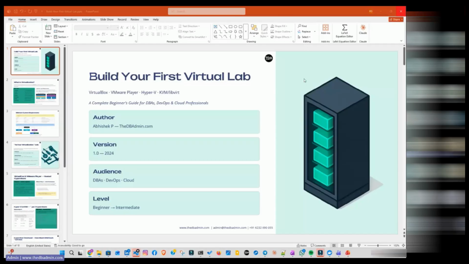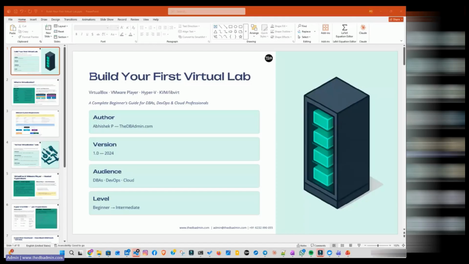concepts or technology we are going to learn about, we will run all those commands in our virtual lab. Virtual lab is a very confusing and complex word. Most people think it is very complex to build, with a lot of components. Sometimes building the virtual lab for your practice itself takes a long time, and you lose your interest and leave it. So after understanding all these pain points,